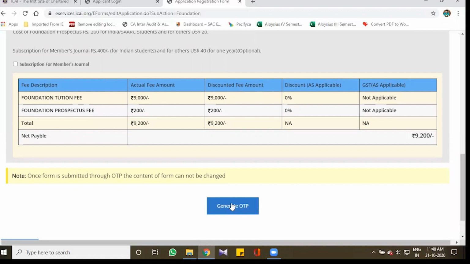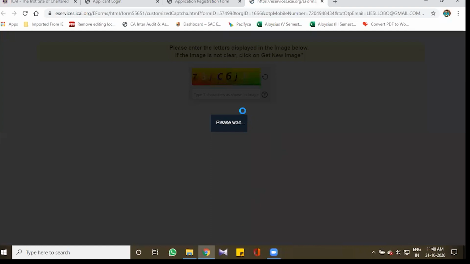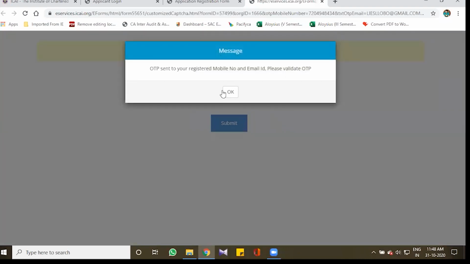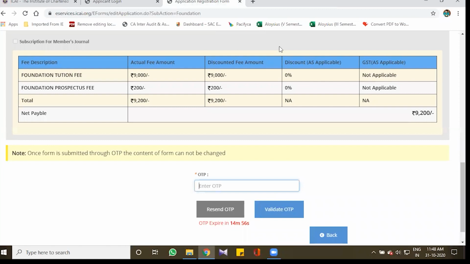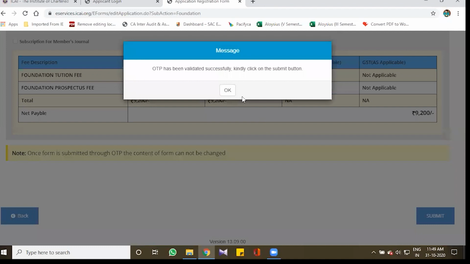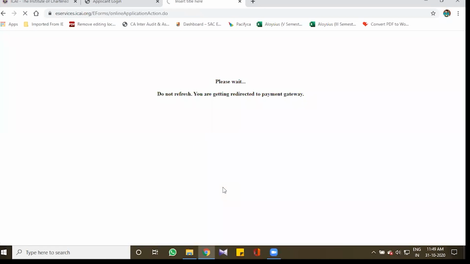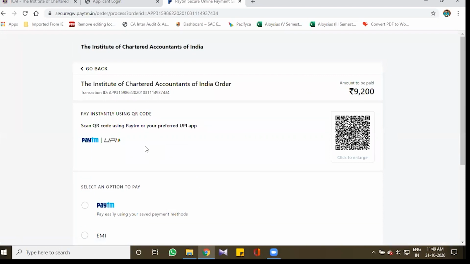In order to make the payment, firstly, I need to generate the OTP. Enter the CAPTCHA. Soon after entering the OTP, validate the same and submit. You will be redirected to the payment gateway.